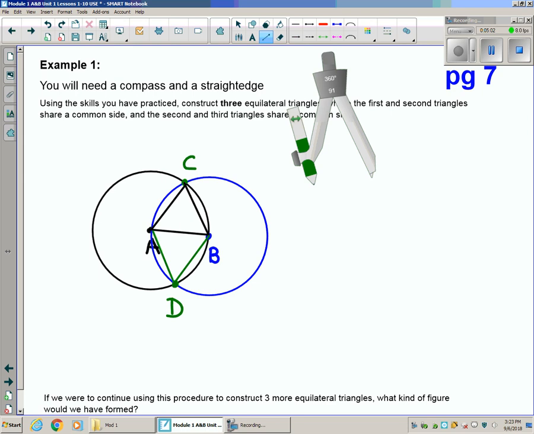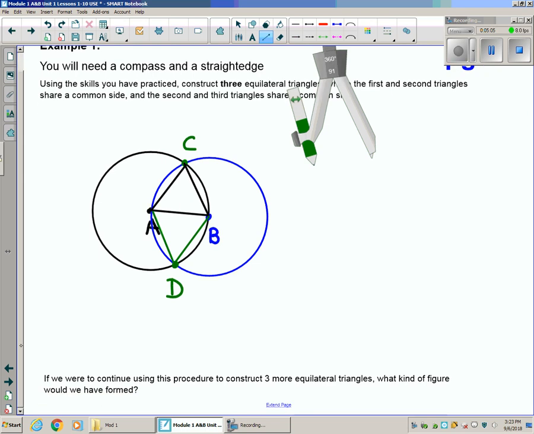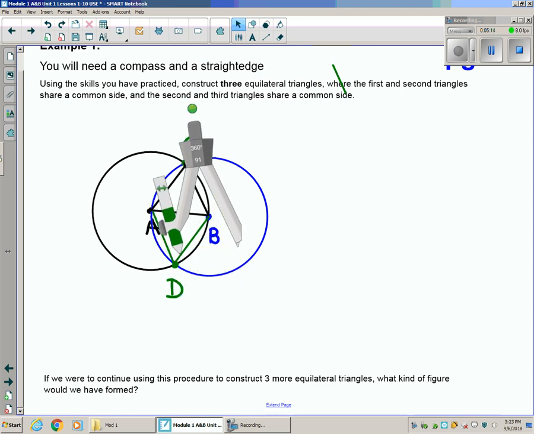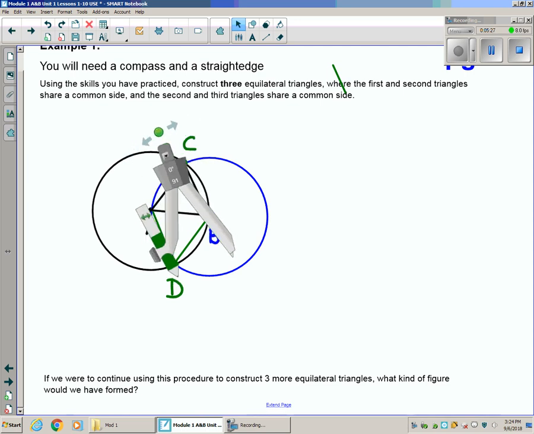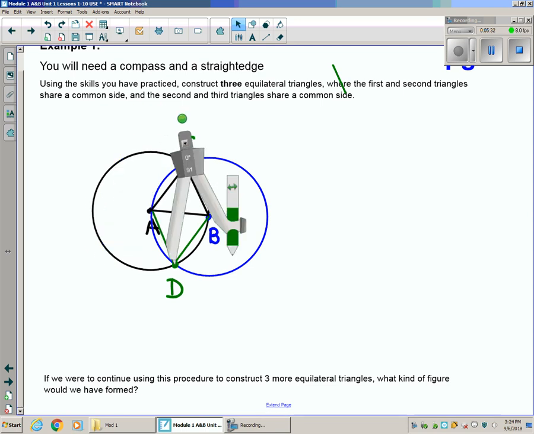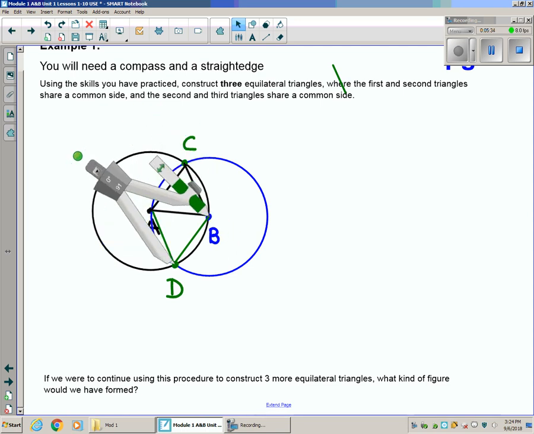Let's make another circle because they're asking me to look for three equilateral triangles that are sharing a common side. So let's move on. In this case, we'll probably make our point D our center, so we can see what other triangles we can draw. So we're going to center at D. I'm going to flip this a little bit,